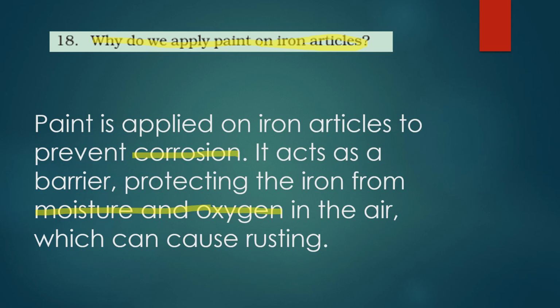तो पेंट क्यों अप्लाई करते हैं हम? कोरोजन को प्रिवेंट करने के लिए। आयरन क्या करता है? मॉइस्चर और ऑक्सीजन के प्रेजेंस में इट स्टार्ट्स रस्टिंग, तो वो रस्टिंग अवॉइड करने के लिए हम पेंट अप्लाई करते हैं, ताकि एक लेयर बन जाए और वो एक बैरियर की तरह एक्ट करे और आयरन को फर्दर डैमेज से प्रोटेक्ट करे।